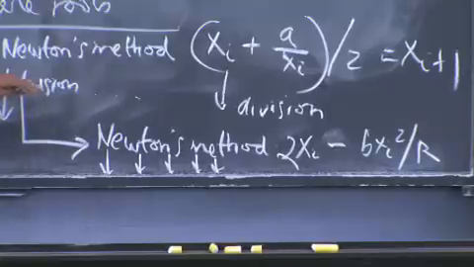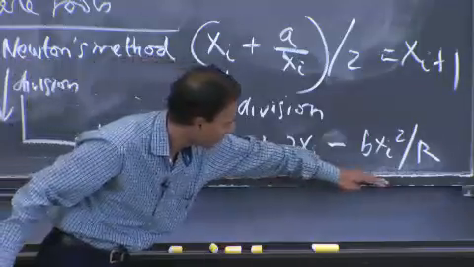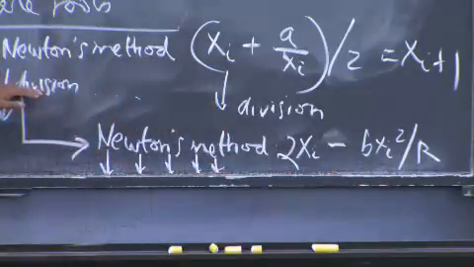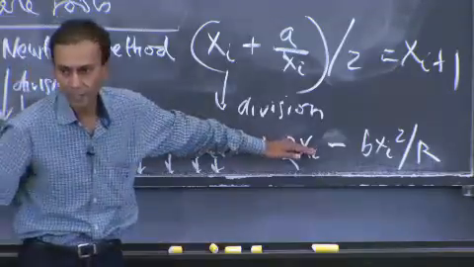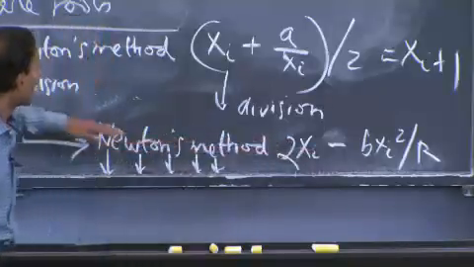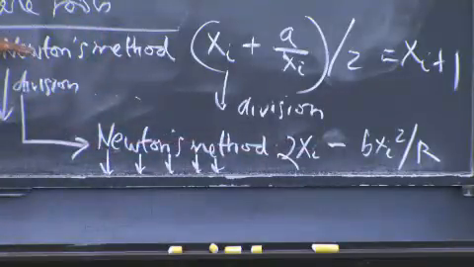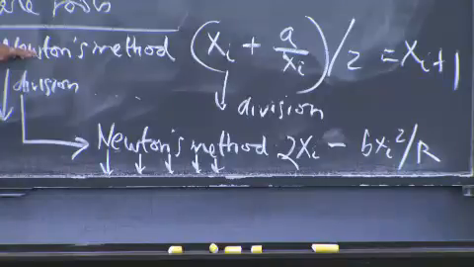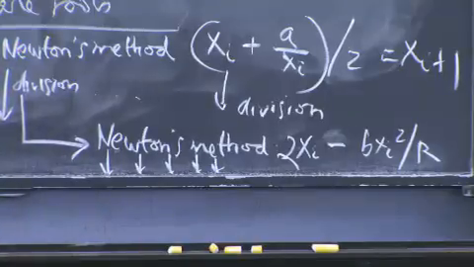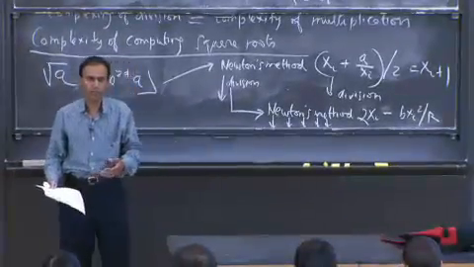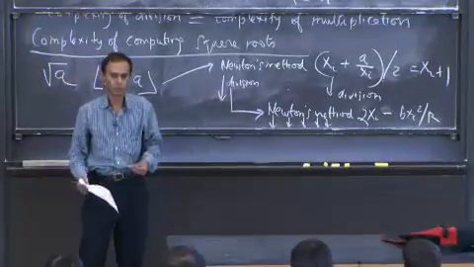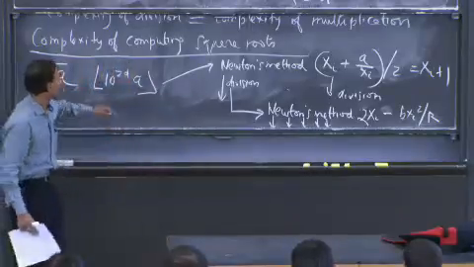And what we argued up until this point was that the complexity of the division, even though we had a logarithmic number of iterations, was the same as the complexity of the multiplication because the numbers started out small and grew big. All right? Everybody buy that? I'm going to use exactly the same argument for this level of iteration as well. When you start out with the digits of precision corresponding to square root of 2, you're going to start out guessing 1.5, which is your initial guess for the square root of 2, and it's going to be a small number of digits of precision, and eventually you'll get to 1,000,000 digits.